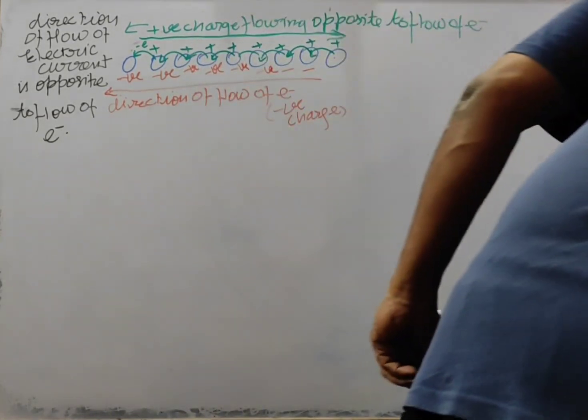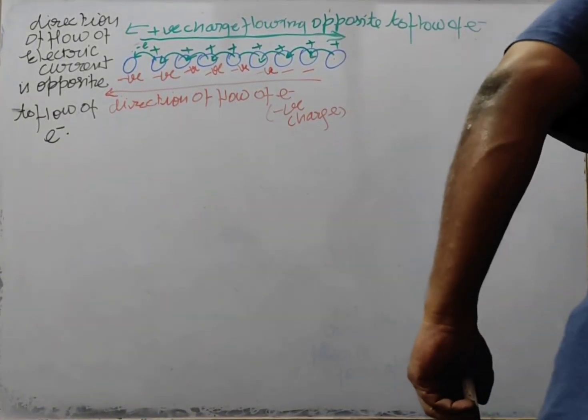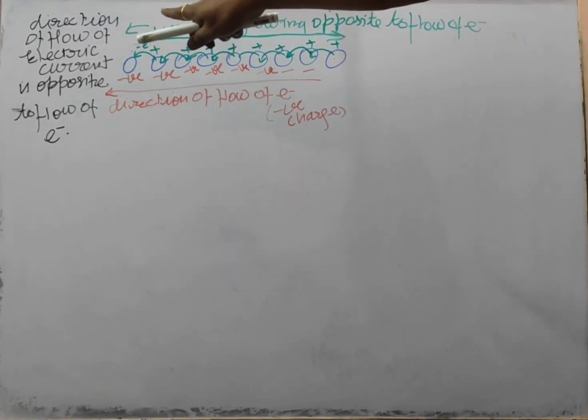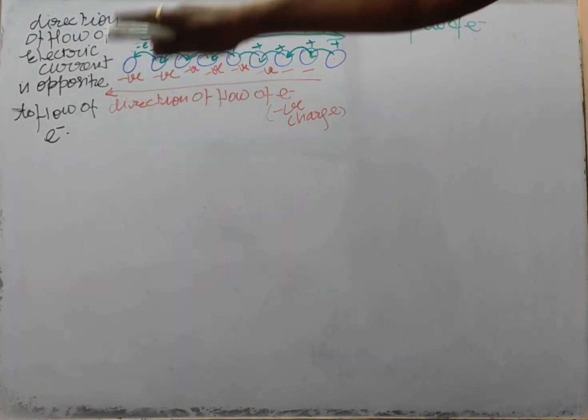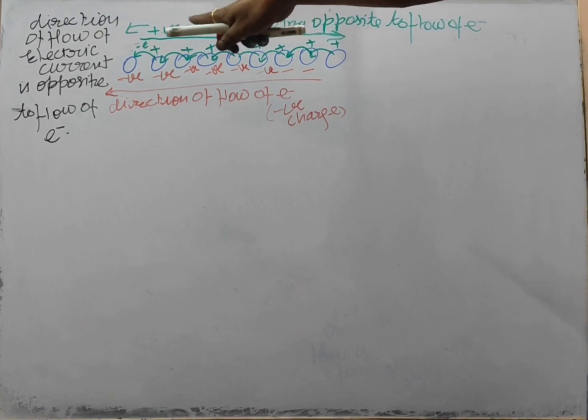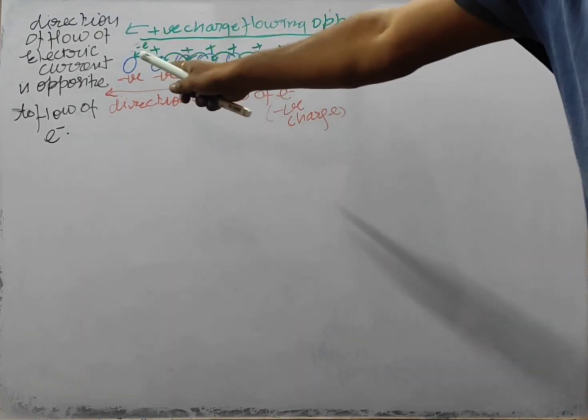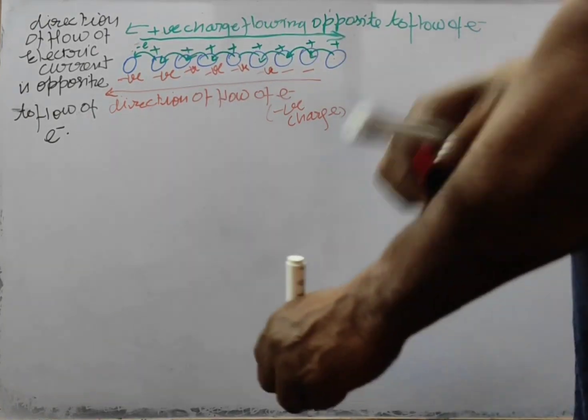Right. So you understand this well. The direction of flow of electric current is opposite to the flow of electrons. Right. In this way. Okay. So that's why